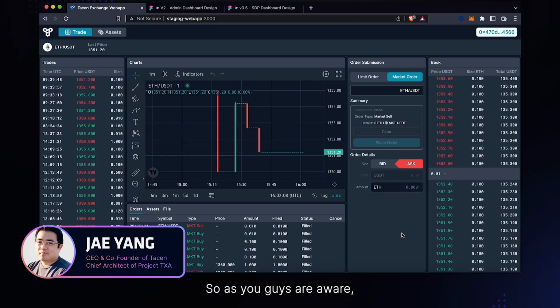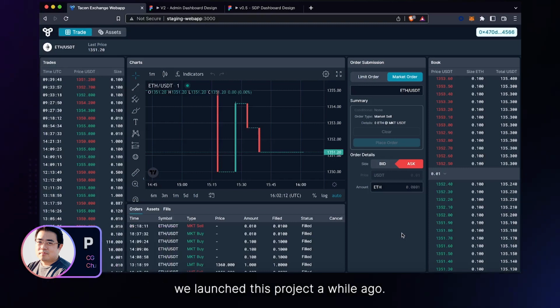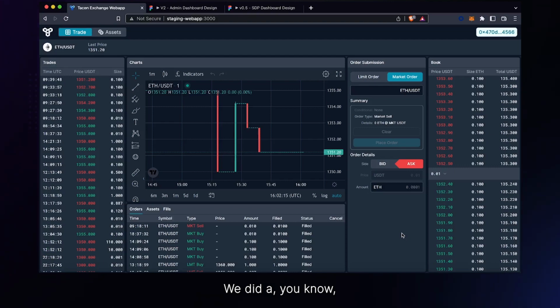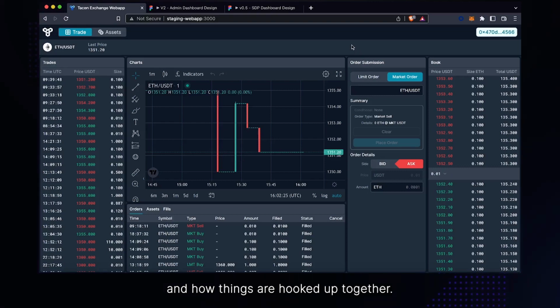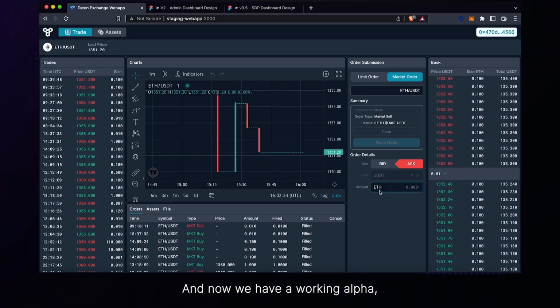As you guys are aware, we launched this project a while ago. We did quite a campaign in terms of describing and explaining what the actual services do, how things are hooked up together, and why we're building the decentralized settlement layer and all of that stuff. So this is a culmination of that work, and now we have a working alpha,